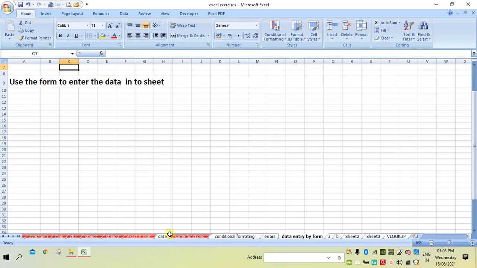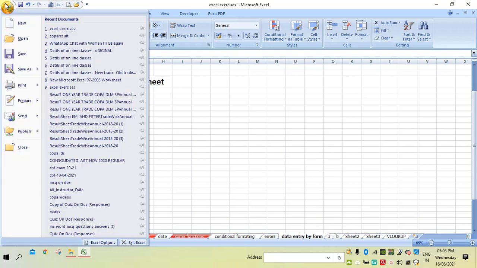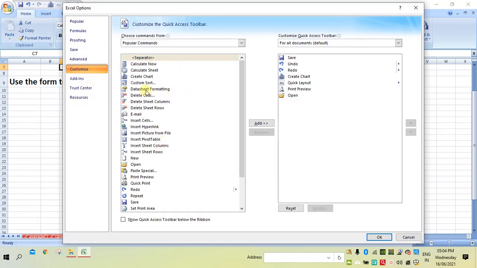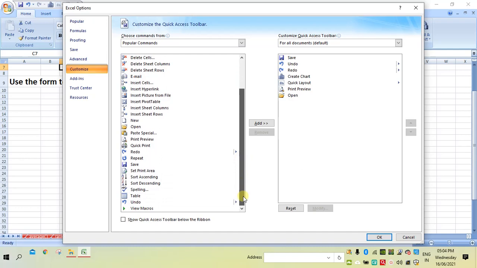Now using a form we try to enter the data into the sheet. To get the form, go to the File or Office button and select the Excel options and go to Customize. Here you check whether the form is available or not. If the form is not there, then